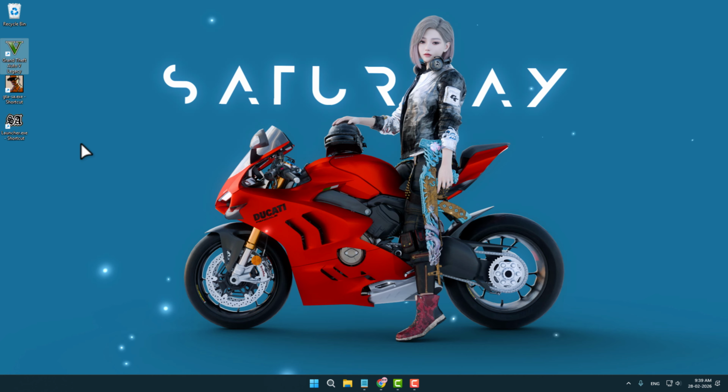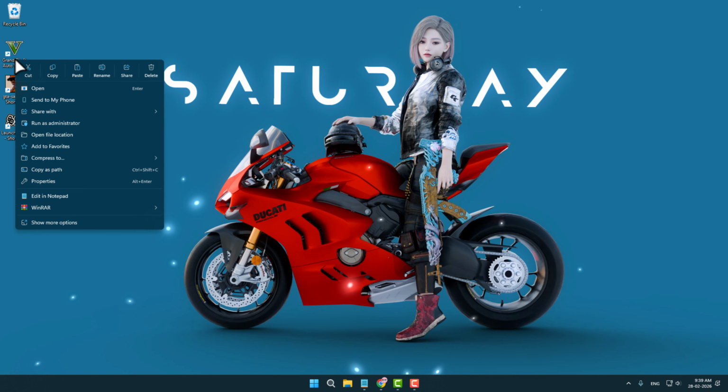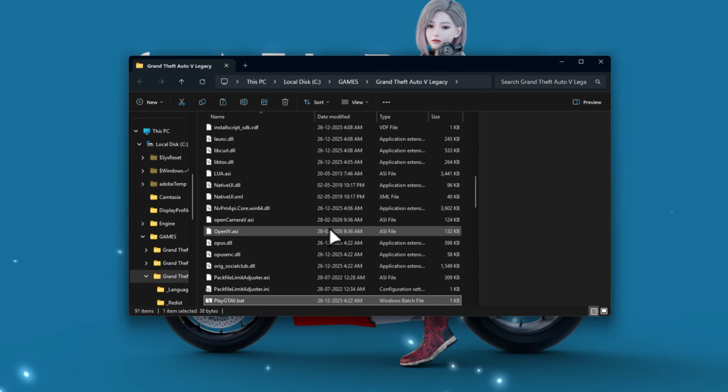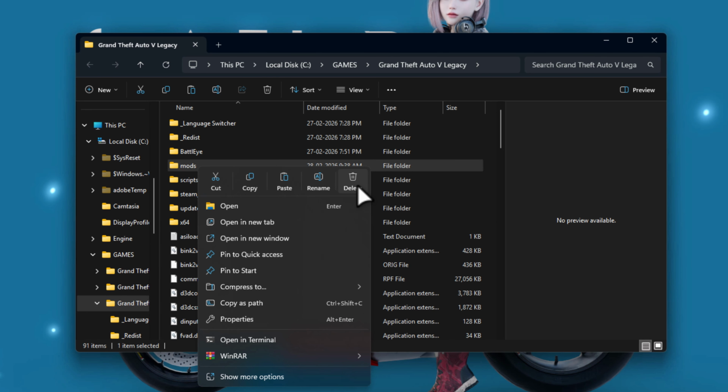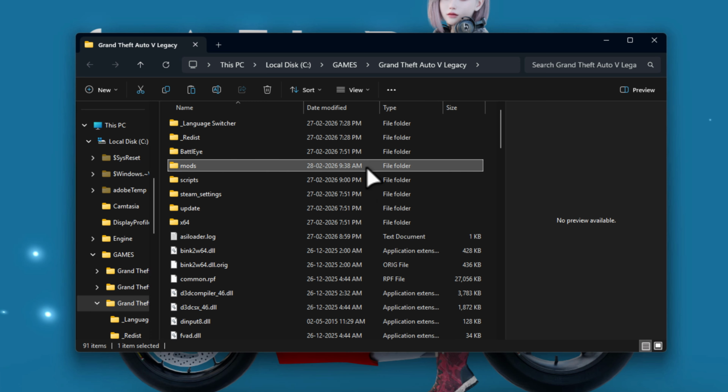If the problem still isn't fixed, then right click on the game and select open file location. Scroll up, right click on the mods folder and select delete option. Once you've deleted this mods folder, your problem should be fixed,